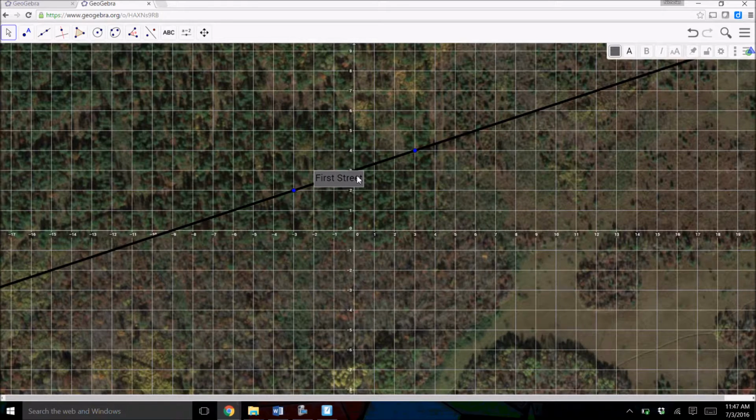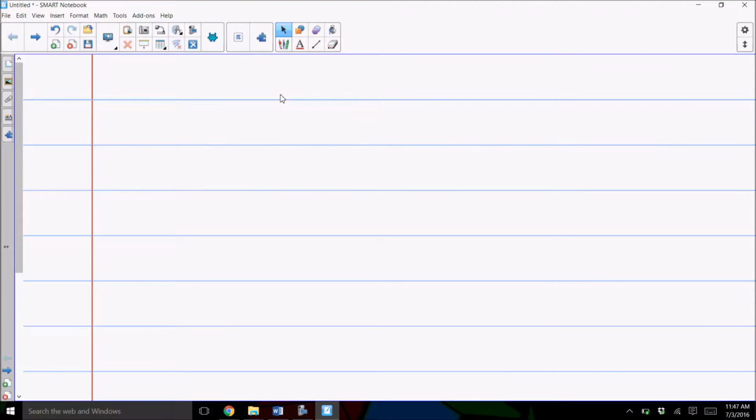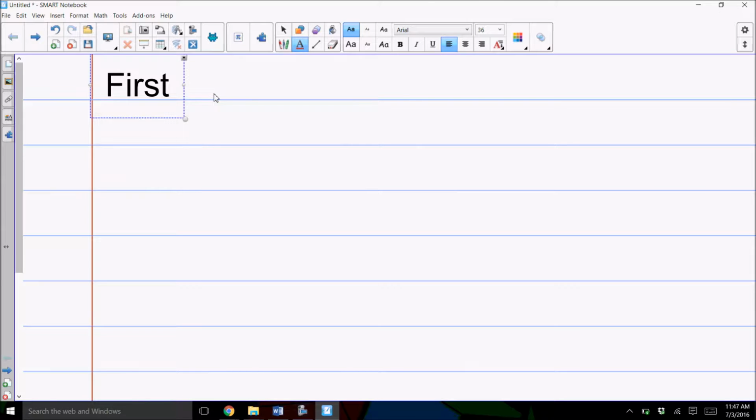Now that we have our line in our first road and first street, we also need to make sure that we're recording the information going along with this. As you can see, this road was designed to go through 2 points: the point -3, 2, and the point 3, 4. To ensure the rest of the streets are parallel, perpendicular, or just intersecting to our first street, we want to record some information. So on a sheet of paper, you want to record some of the information. What we're going to first record is the name, First Street,